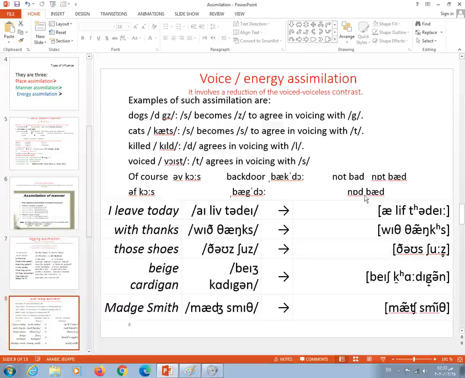Okay, let's look at other examples. What happened here is that the voiced sound turns into voiceless. So here is energy assimilation: it has to do with the energy we put in to pronounce the voiced and voiceless consonants. So when I say voice assimilation, it means energy assimilation. Okay, I leave today. Look at the transcription here: I leave today. Why? Because the "v" here in leave